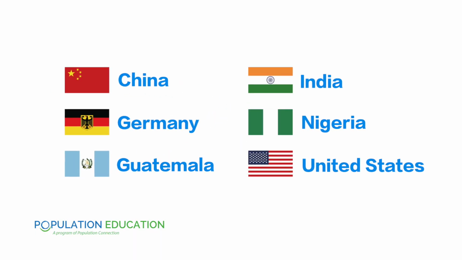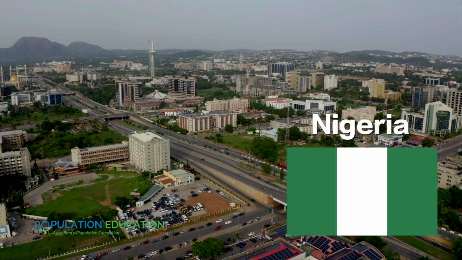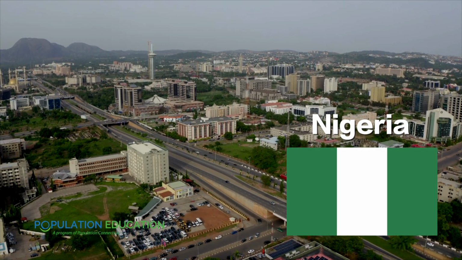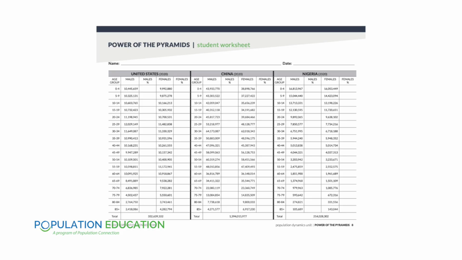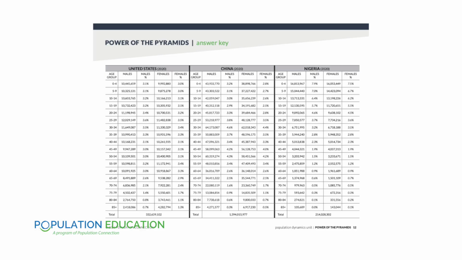In the lesson plan, we provide data for 6 countries' population pyramids. In the interest of time, you could have your students split into small groups to divide and conquer the graphing. In this video, I will be constructing just the population pyramid of one country, Nigeria. If you'd like your students to practice some computational skills, we do have a worksheet with the population data that has students calculating the percentages for each age-sex cohort. If you are short on time or want to focus on other skills for this lesson, you can always provide the population data with percentages already filled in, which is what I will be using in this video. Now, let's make our pyramid.